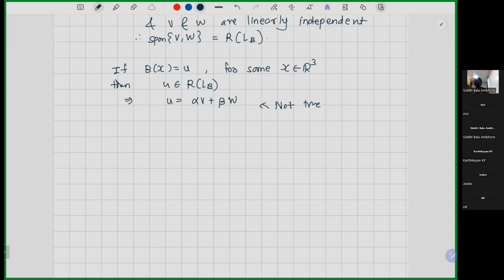If I apply B here, Bu is equal to B alpha V plus beta W. Let me write: 0 is equal to 3 alpha V plus 5 beta W. This will imply alpha is equal to beta is equal to 0, since V and W are linearly independent,